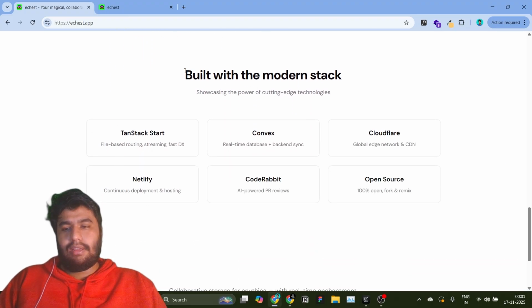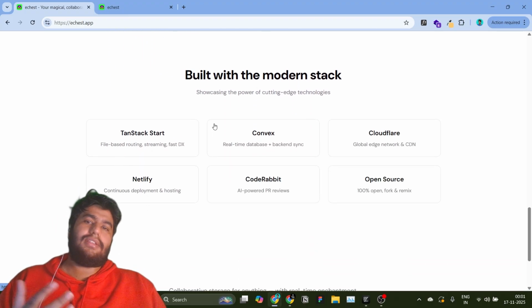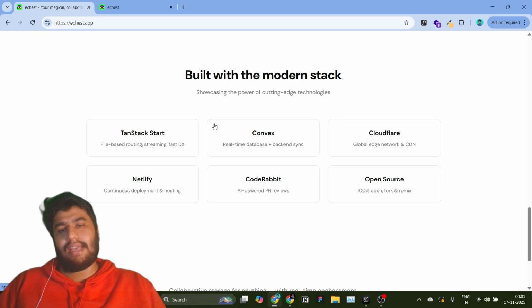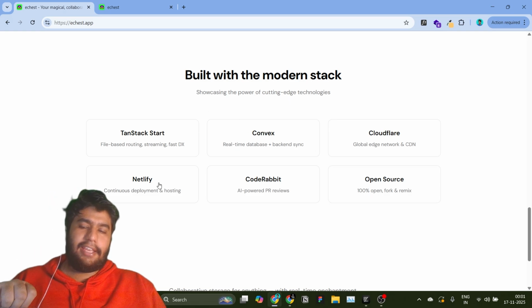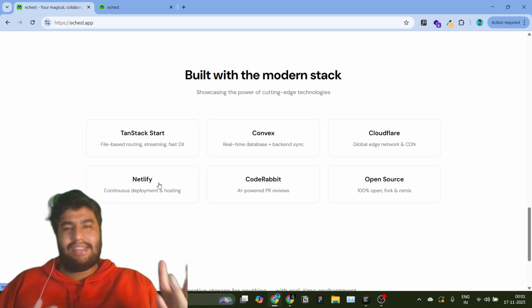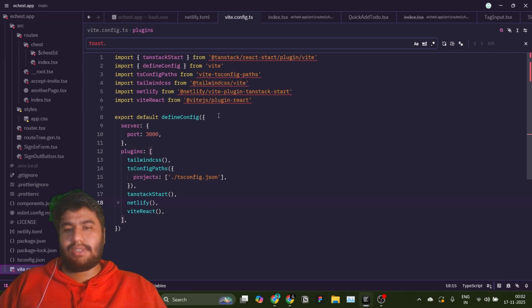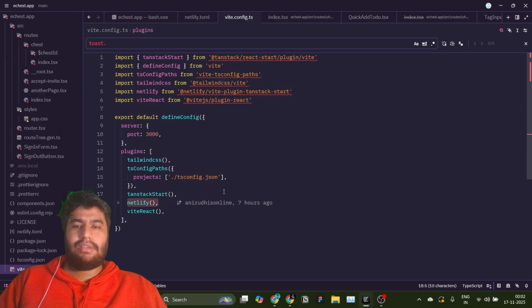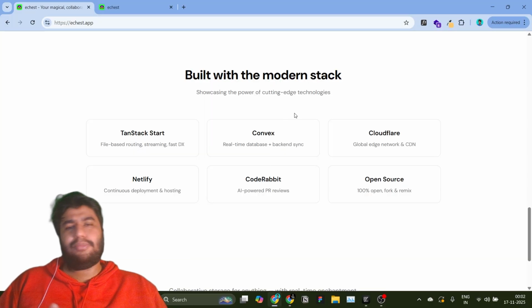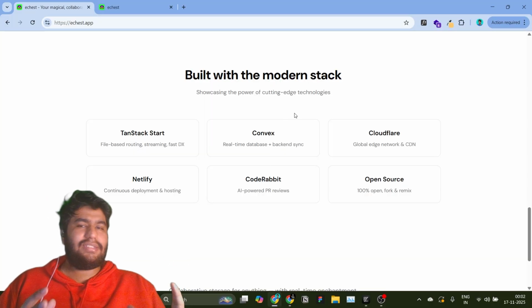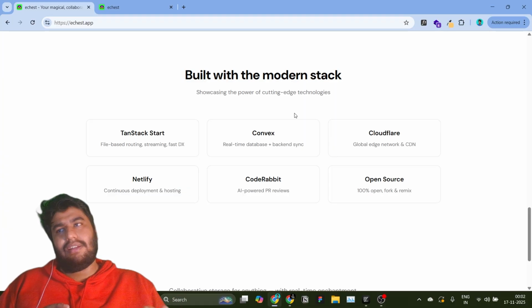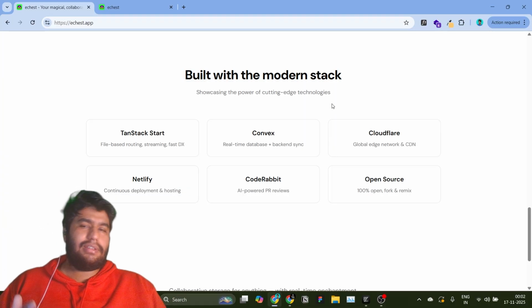And of course, this is for the Tanstack Start and Convex Hackathon. I have used Tanstack Start, which is hosted on Netlify, and it was very easy. It's just that you connect your GitHub account, and on Vite config you just install their package and also put it in the plugins, and you will be able to deploy it. You might have some things that you need to take care of, but it was really smooth deploying Tanstack Start